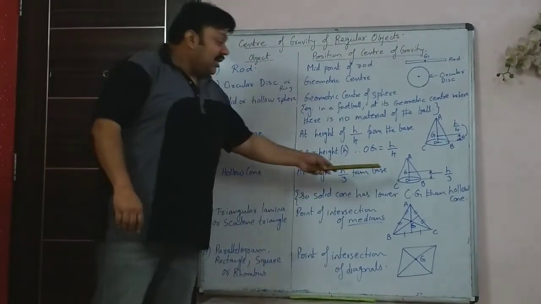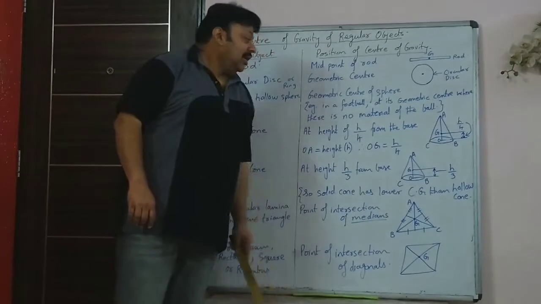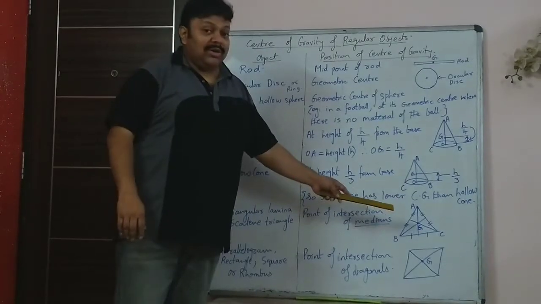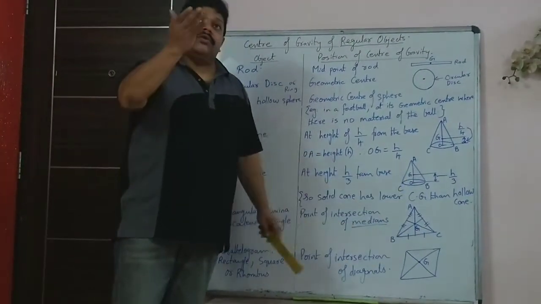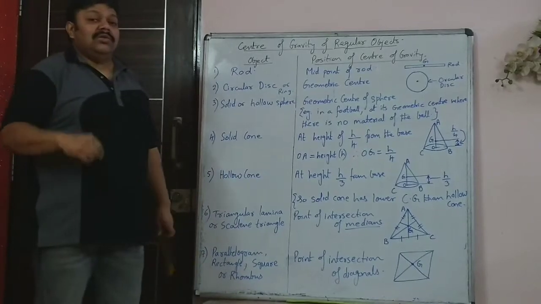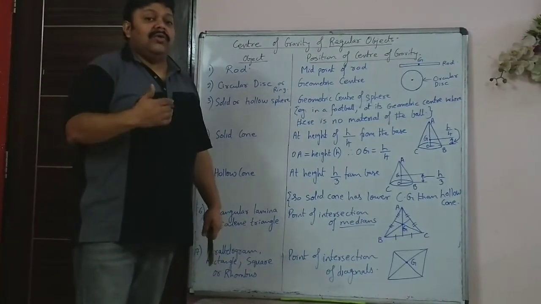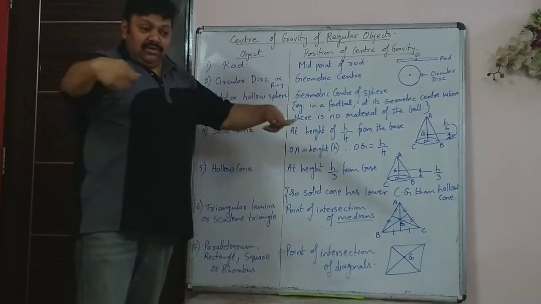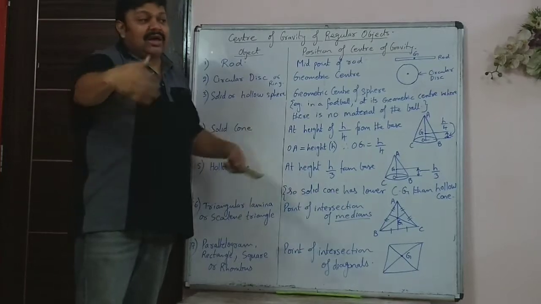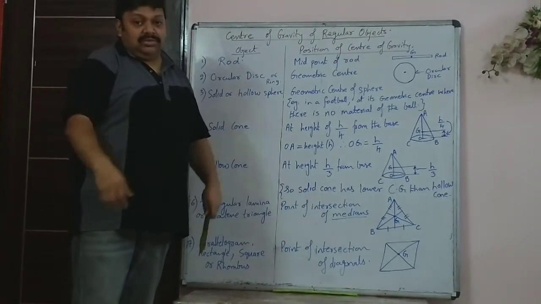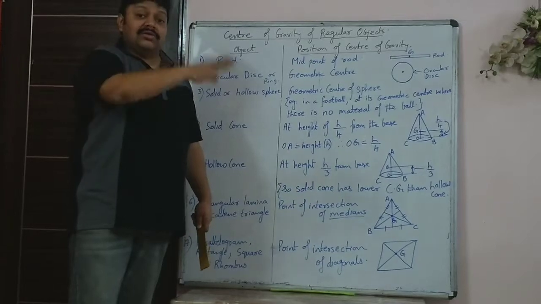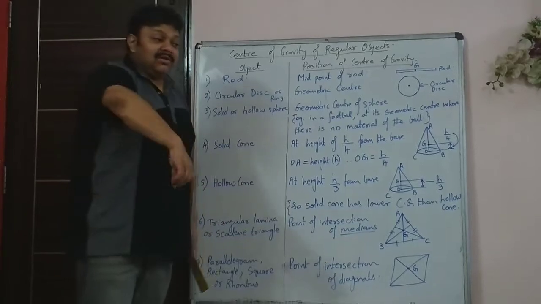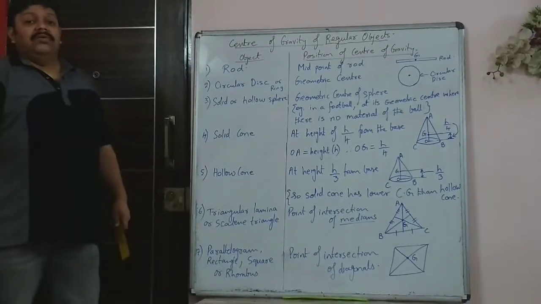So, center of gravity for solid object will be at a lower point, and if the same object, same shape and same height also, but if it is hollow, then the center of gravity will rise a bit. Same reason why now all the new Volvo buses, they don't have luggage kept at the top. They all have vacuums or hollows at the side back where the luggage is put in. That's again so that the bus is stable because all the weight of the luggage will be at the bottom. So then when the bus takes a sharp turn, that bus won't fall.